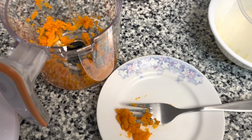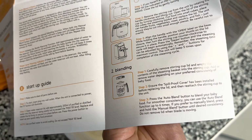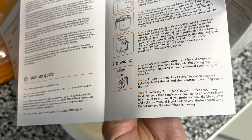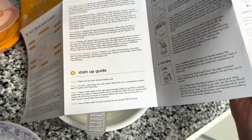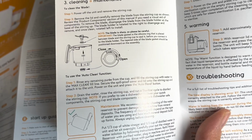So let me see here. The instructions for when it's blending says auto blend. So you can use the auto blend function up to 6 times. It doesn't say how to stop the auto blend though. I didn't see anywhere that said how to stop it, but it also has this auto clean function, which